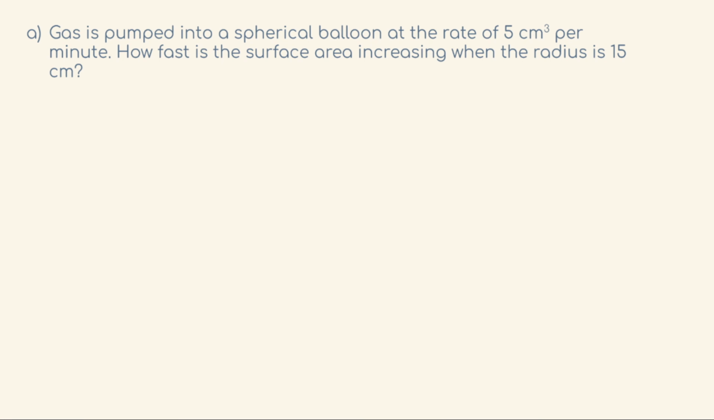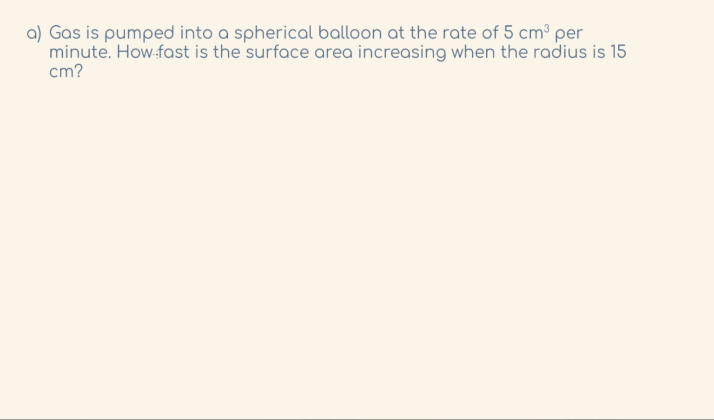Gas is pumped into a spherical balloon at a rate of 5 centimeters cubed per minute. How fast is the surface area increasing when the radius is 15 centimeters? So let's think about this real quick. We know the rate at which this gas is being pumped into the balloon is 5 centimeters cubed per